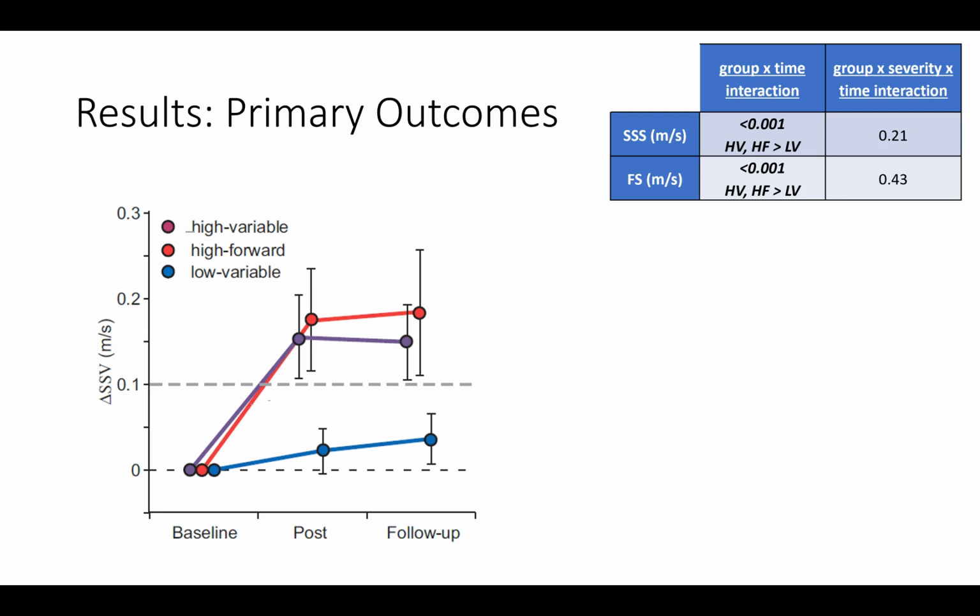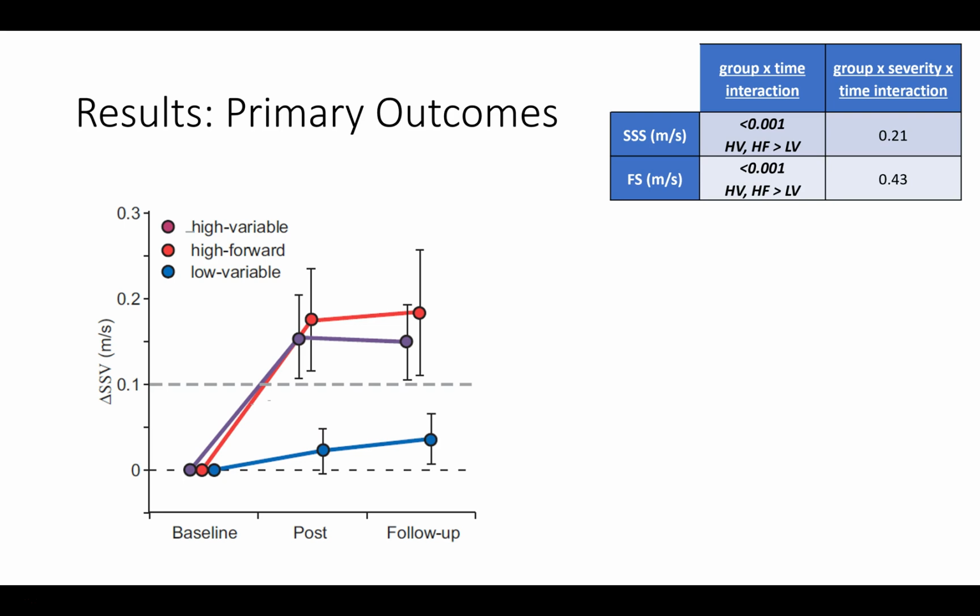For our primary outcomes, there were no differences at baseline between any of the three groups. Here you can see the changes in self-selected walking speed. The changes in fast walking speed had a very similar relationship and aren't displayed here. But what you see is that the two high intensity groups have large gains in their self-selected walking speed at both post and then maintained at follow-up, with much smaller gains in the low intensity variable